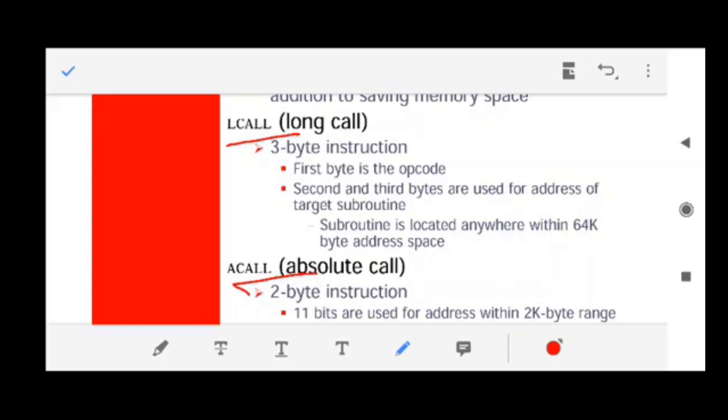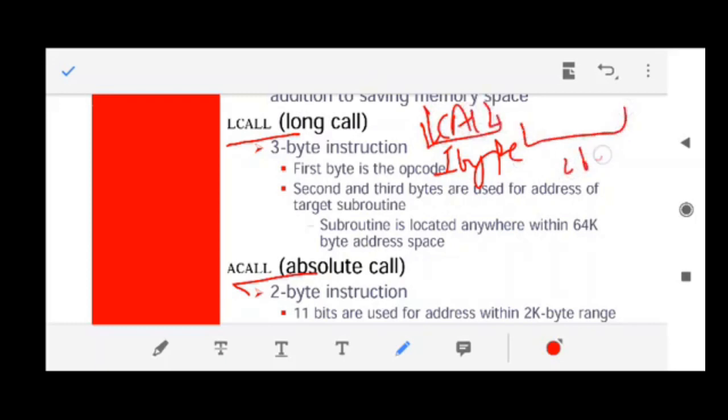Long call is a 3-byte instruction. 1 byte is for the mnemonic LCALL, and the remaining 2 bytes are for the address. So you have to give the address where your subroutine program is stored.